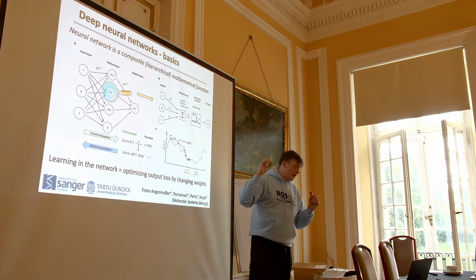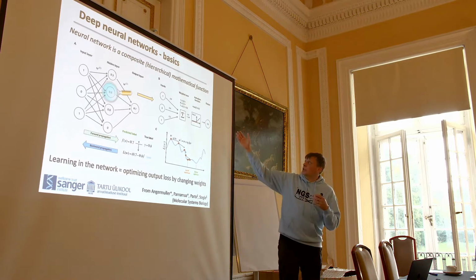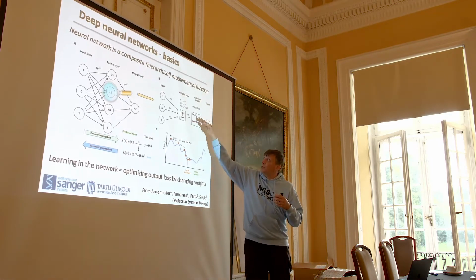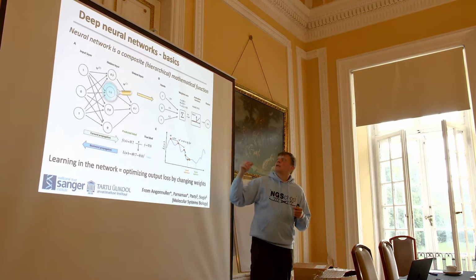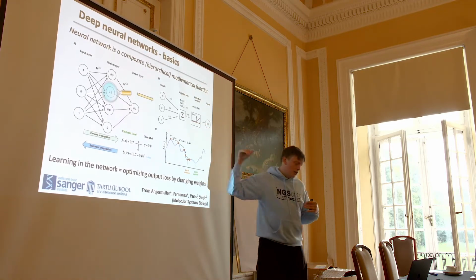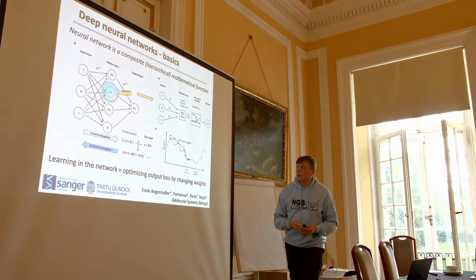So this implies that everything in the neural network should be differentiable. So this loss function, you have to be able to backpropagate the gradient of the error with respect to the weights. So there has to be ability to push information back. So not all activation functions are really nice choices.